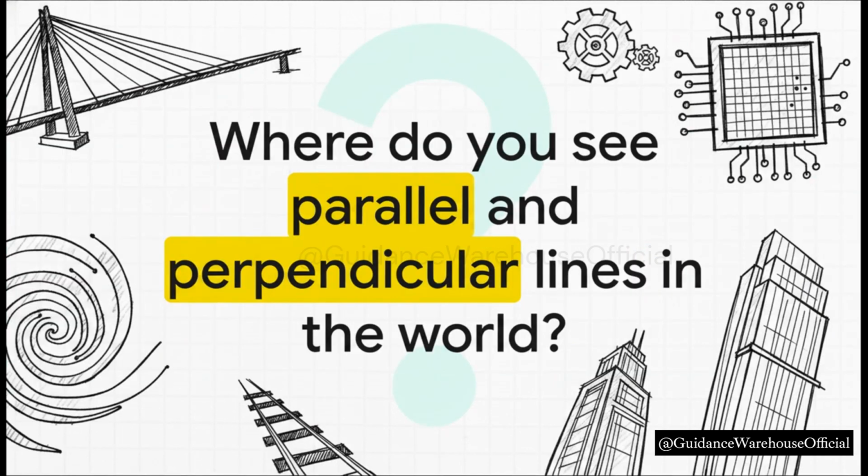And there you have it. That's our journey through the amazing world of linear equations. We've seen what they are, how they work, and how to solve them. But the real takeaway is this. You now have the tools to see the hidden mathematical structure that's all around us. From the slope of a roof on a house to the parallel lines on a city street, it's all governed by these simple, powerful rules. So my challenge to you is,